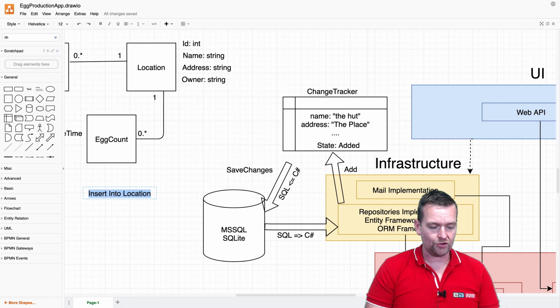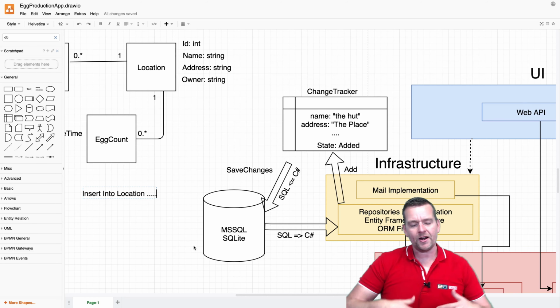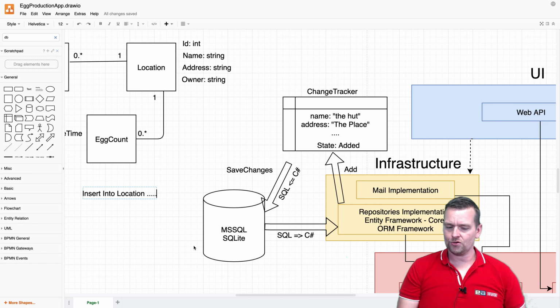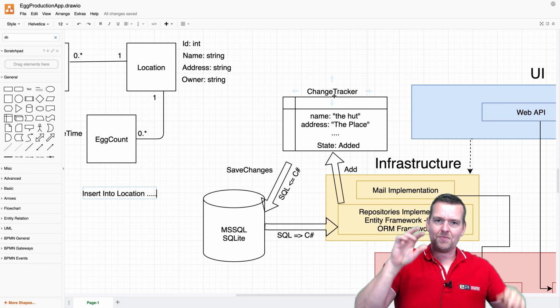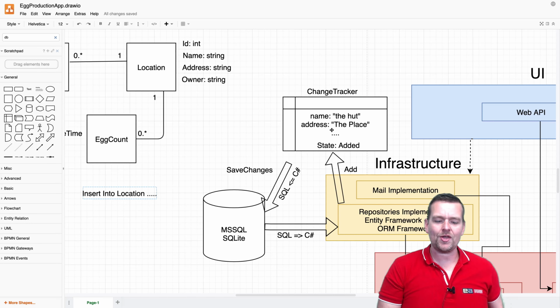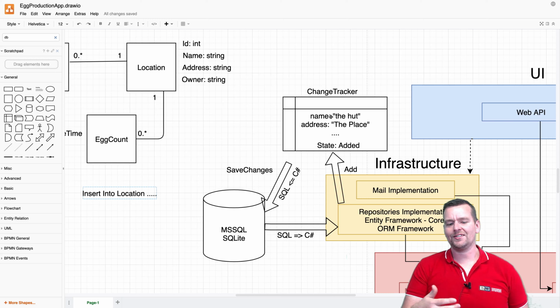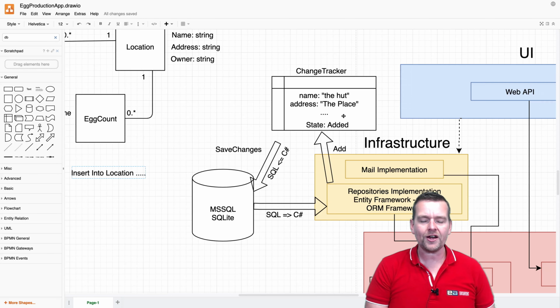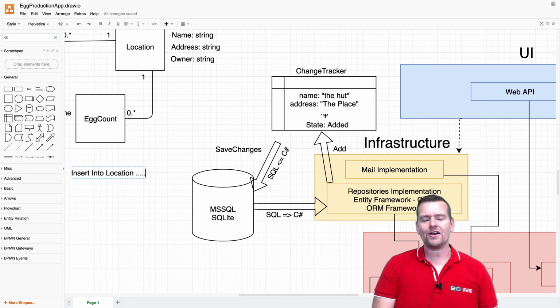If you're good at SQL, you could write that query yourself with the different parameters you need. But that's the steps I want to fake in my unit test. I'm going to fake that we call the add function, and that makes the ChangeTracker understand that we now have the state added for this setup. The reason we don't want to dive in and recreate everything the ChangeTracker does, like Microsoft said and I told you last lesson, is